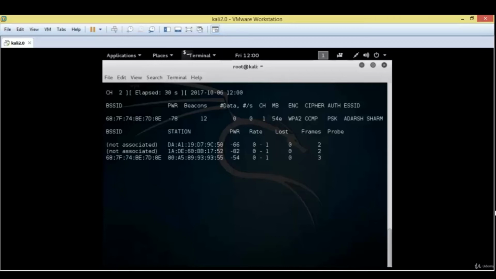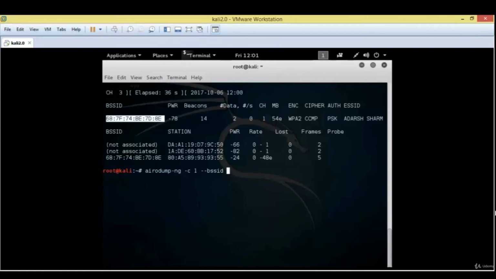So now to capture and save packets of the Wi-Fi, first of all we have to stop this process by pressing Ctrl+C. Now use this command airodump-ng with an option -c, which stands for channel number. Now our channel number is 1, so I use 1, then --bssid, which is the MAC address of our target modem.